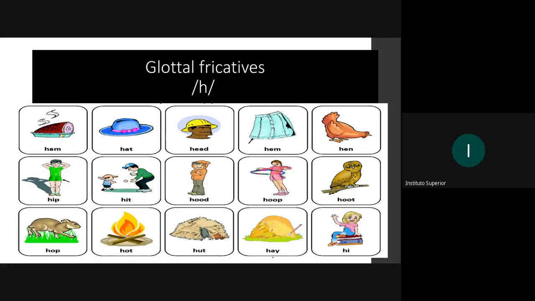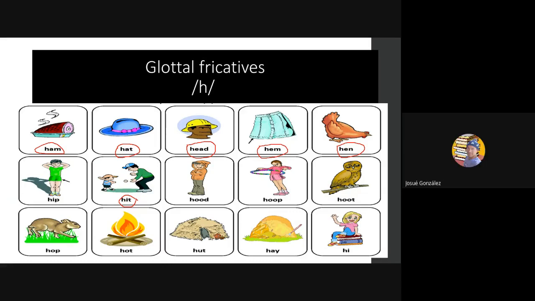Pronounce this word with this letter, please. Ham, ham. Hat. Remember the sound of this is ham. Hmm? Ham. This one, hat. Hat. Head. Ham. Hem. Ham, hem, ham. Ham. Okay, this one,